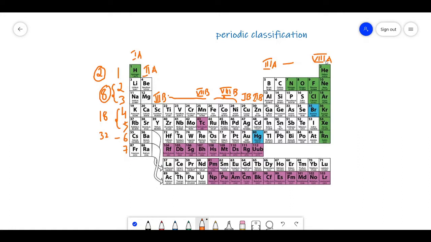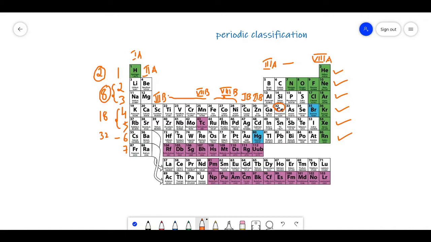Questions will be asked where they give some atomic number. Let us think they are giving atomic number 32, and they ask what is the period and group number of atomic number 32. For this you have to remember the periodic table. Those who don't know the periodic table can try one more method. First you have to learn the atomic numbers of helium, neon, argon, krypton, xenon and radon. So first you have to learn this order by heart: helium, neon, argon, krypton, xenon, radon.